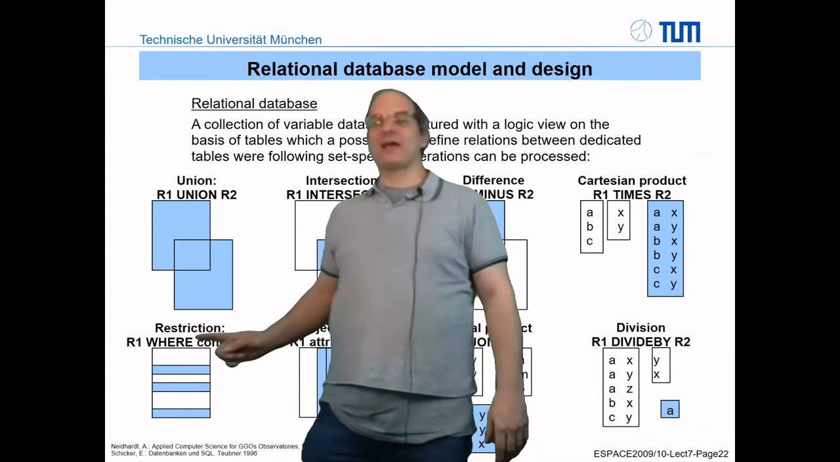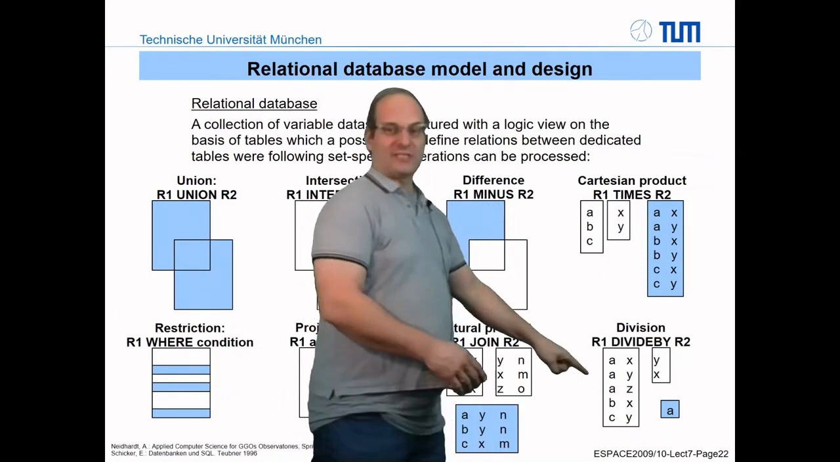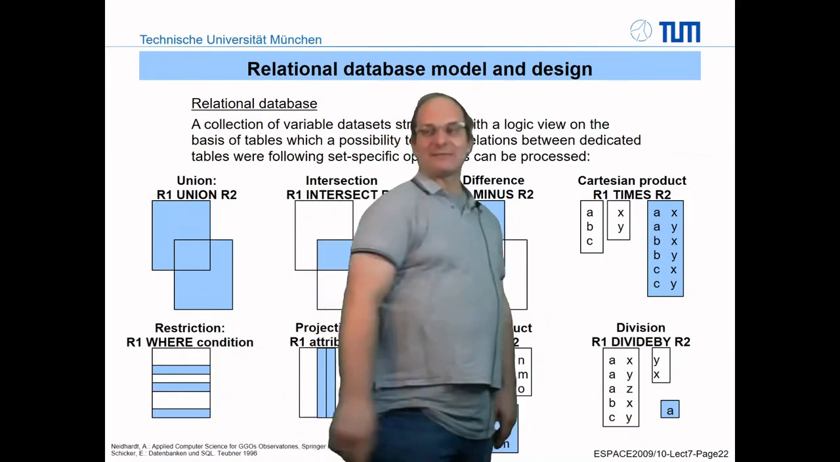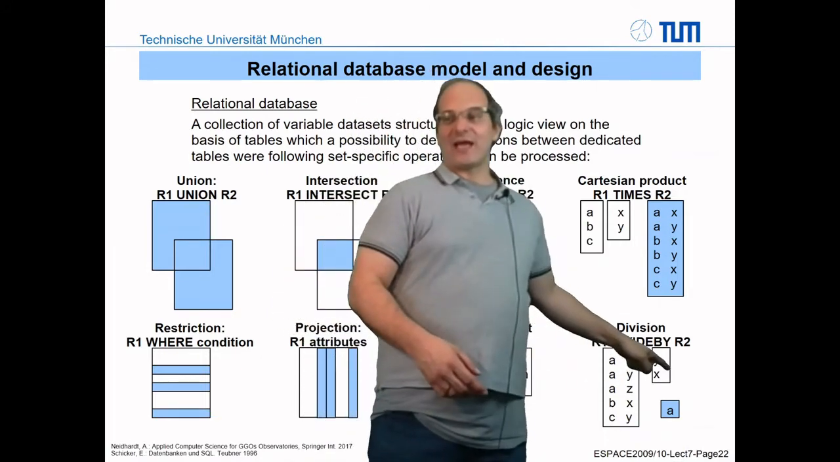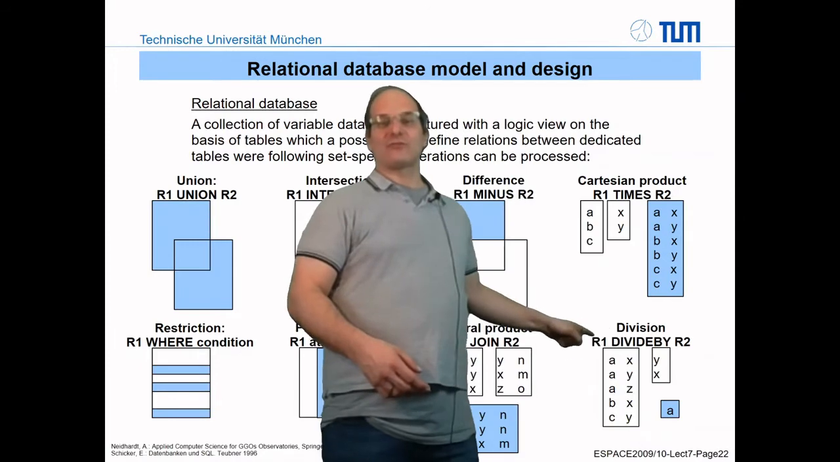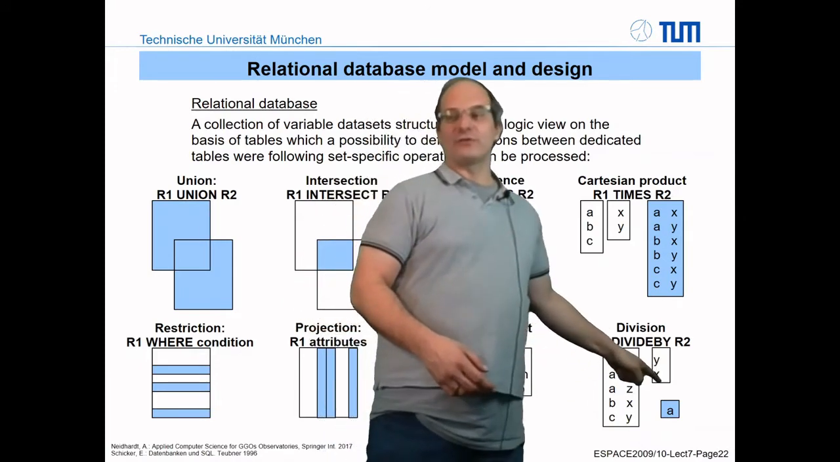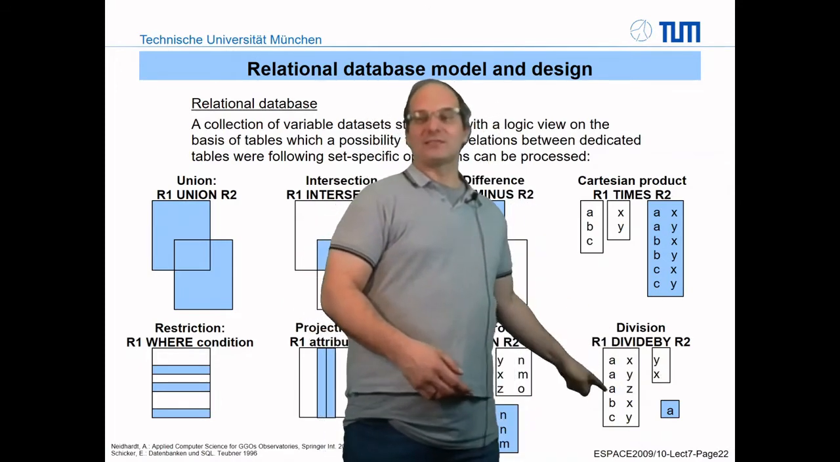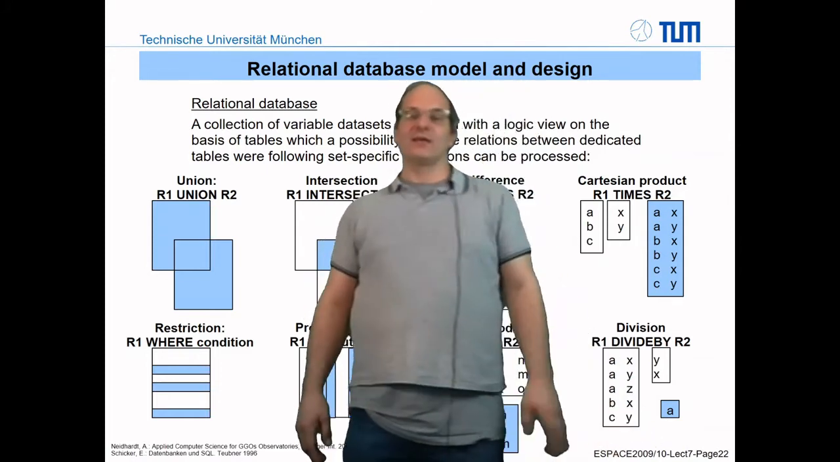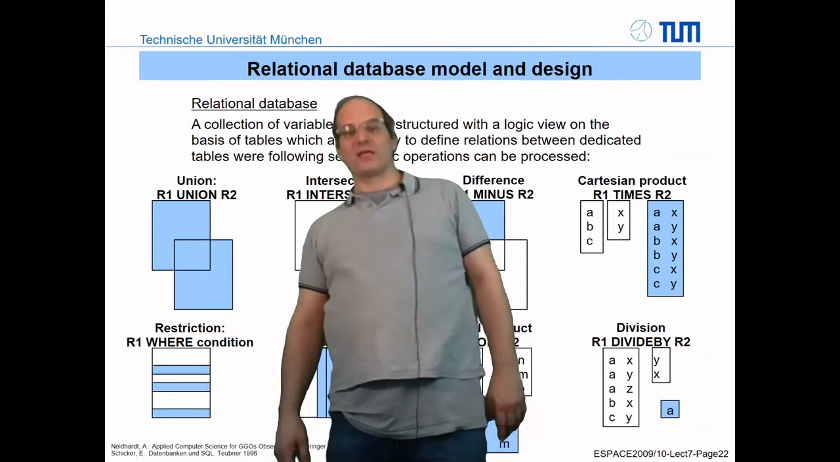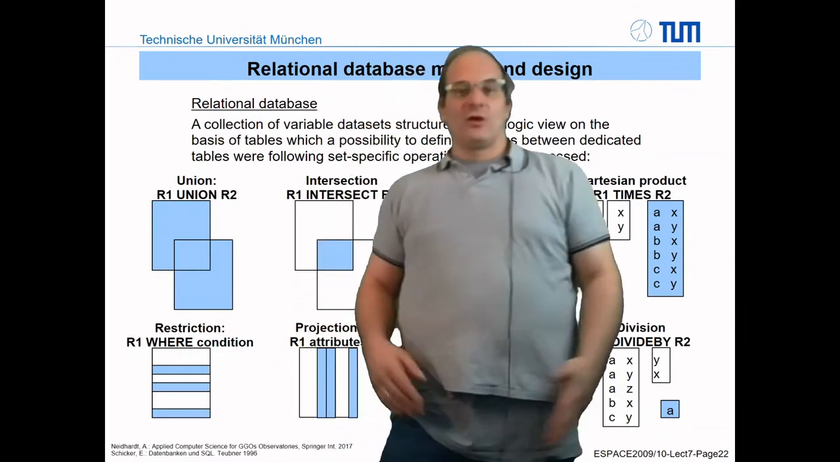And then you can also have a division here. Sorry, it's here. So the division, you divide one data set by the other, and what you get is just the result where you have both here. So X and Y is available for A, and therefore you get as a result the A. Not really common in databases. So